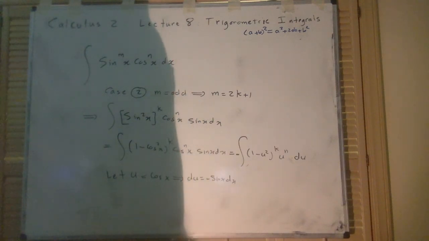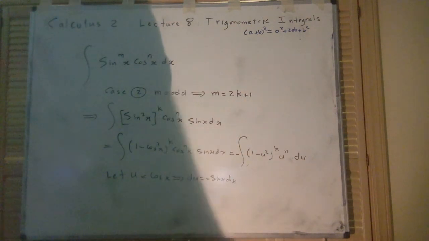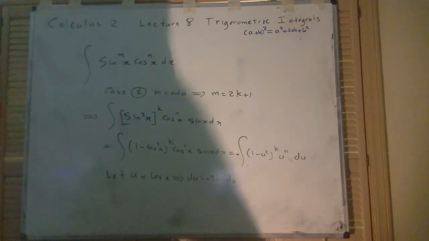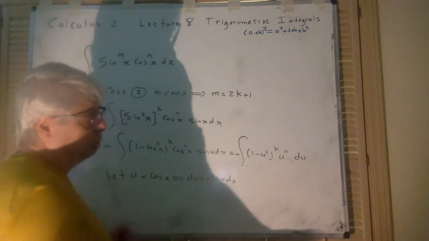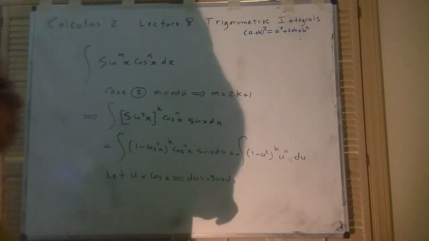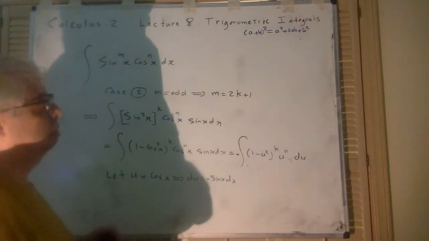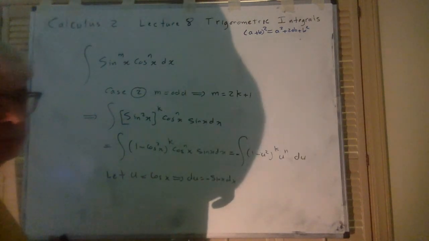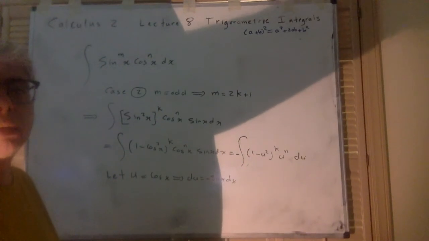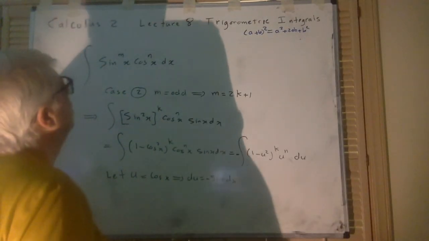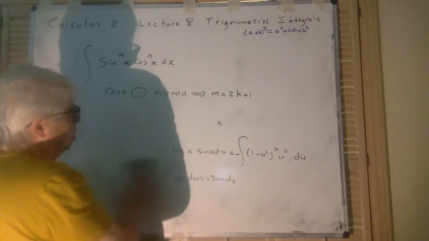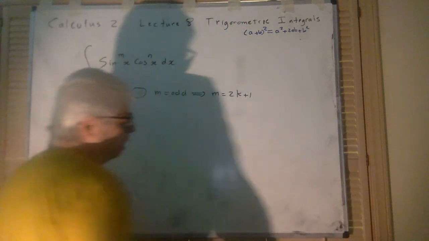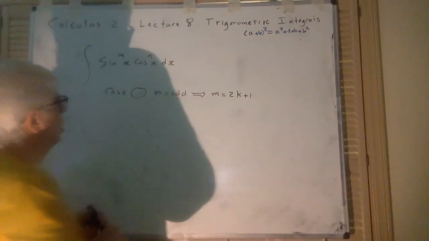Okay, so if one of them is odd, the problem reduces to integral of a polynomial in this u. I know you have to raise this to power k. There's no way around it. You can only do it by raising it to power k, and you have a long polynomial. If k is large, then you have to integrate that. Now, what happens if both of them are even? So that's case 3. And that's the most difficult one. Remember the even. So case 3 is